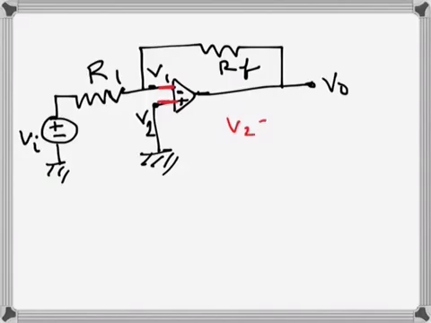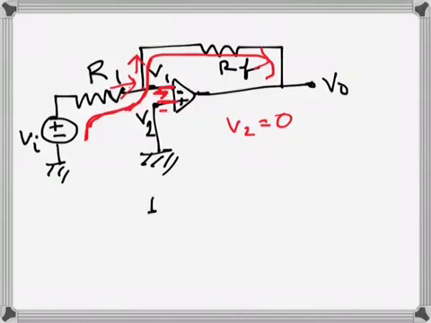So V2 will be equal to 0, and the current that is flowing because of the voltage source is going this way, but then this same current will flow in this direction, because the current into the input is 0, for both of the inputs. Since the currents are 0, there will be no current in this direction, so the same current will flow in this direction. So this point's voltage is V1, so if we say the current is I